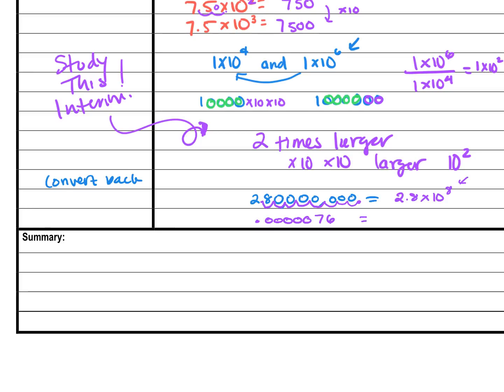Well, aren't you going to move your decimal to give you a whole number? So it's definitely going to be 7.6. 1, 2, 3, 4, 5, 6. Drop the decimal. Times 10. Now it was a small number, so it needs to be a negative exponent. And you move 6 times. 1, 2, 3, 4, 5, 6 to give you a whole number. Remember, there has to be a whole number. All right. Now you can